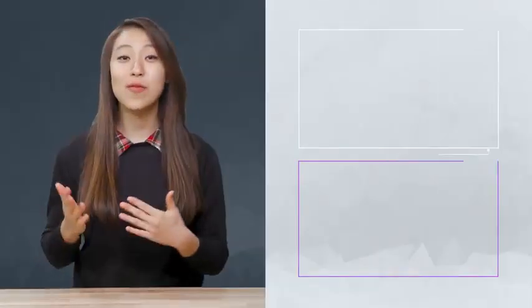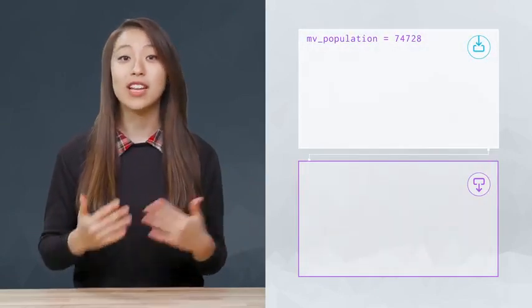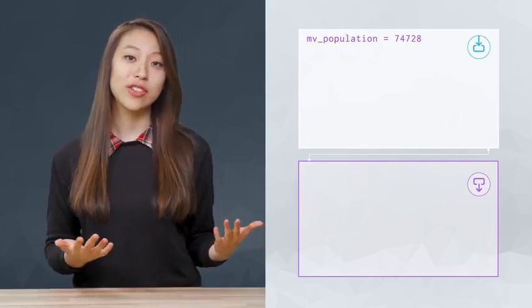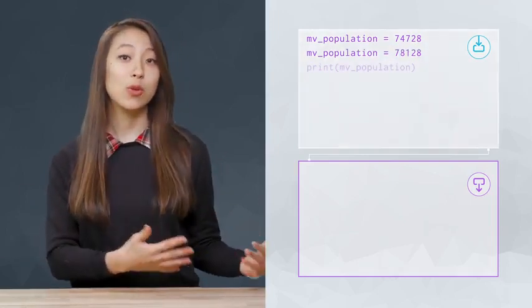We've already set MV population to this value. But what if we want to update it now that the population changed? We can just assign this variable again to its new value, which we found to be